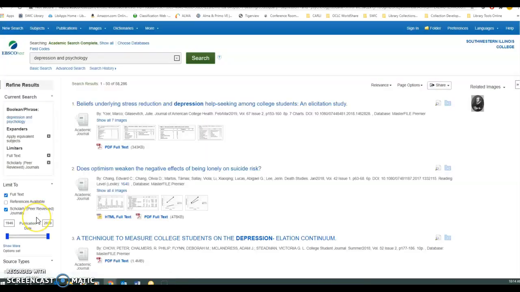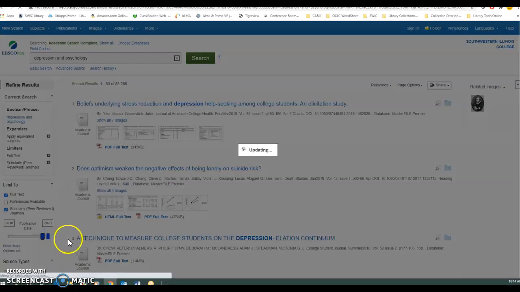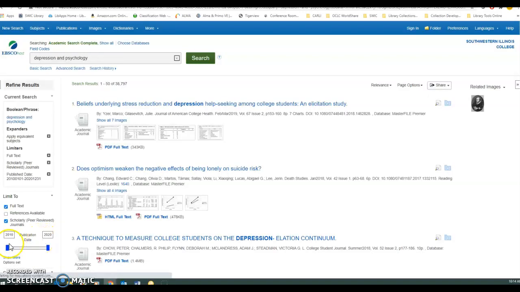Next, we want to make sure that we limit it to just the last 10 years. So you'll see that there is a timeline right here. My oldest article's from 1946, so I can just drag this bar all the way over to the right and make sure it says 2010. That's the earliest that we need it. If your screen doesn't go dark, just go ahead and click on that blue rectangle that you scooch over. Sometimes when it goes over more than 100 years, you have to give it a little extra click. So now I'm down to